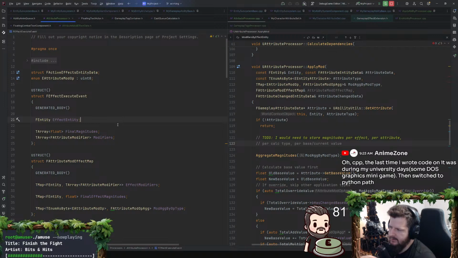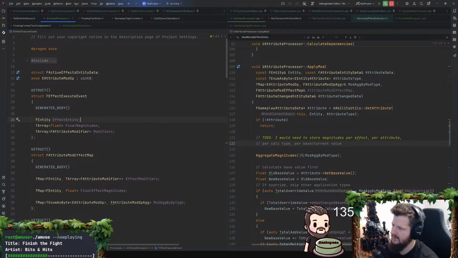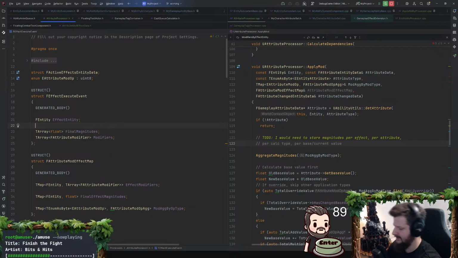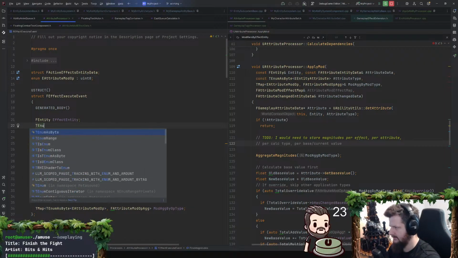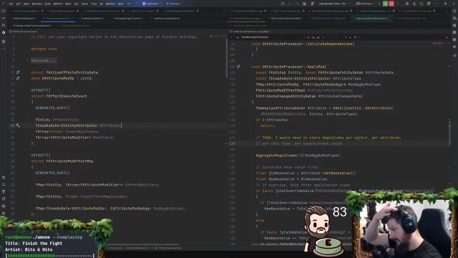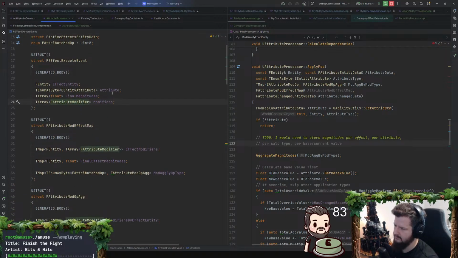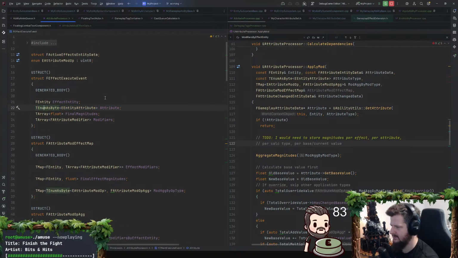So effect, and I can get context and stuff. If I have the effect entity, I can get all the context information I need just based on that. So this is, I guess, the smallest piece of data. Oh, I need the attribute as well. Duh. So TEnumAsByte E entity attribute. We need the attribute that we affected here. Although the modifier would have that information on it, right? But I guess it's just nice to have. It's a byte's worth of information, so tiny data just for some ease of use. Yeah, something like that, I think. So that's going to be what we need.